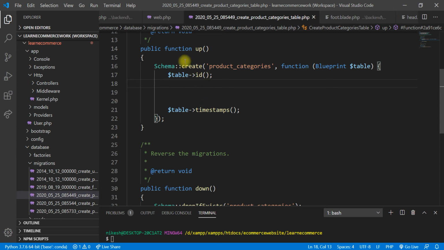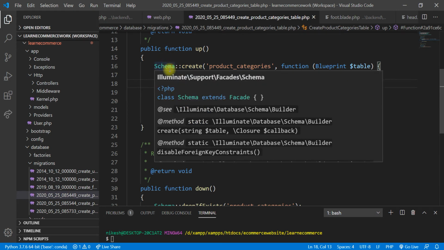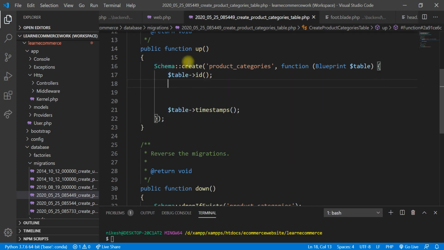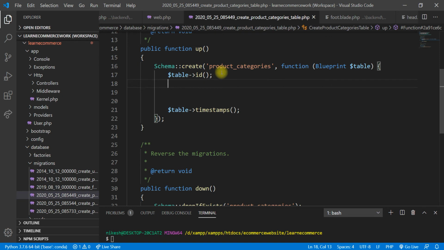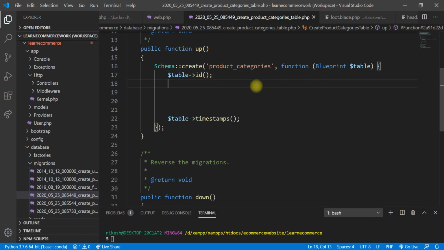What happens here is the schema is being called. The builder from database builder, schema is being called here and said to create product categories. So when we migrate, the product categories table will be created. Okay, so this is the table function. The same thing happens in all the models. Okay, so let's make here